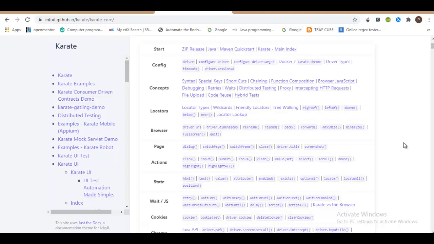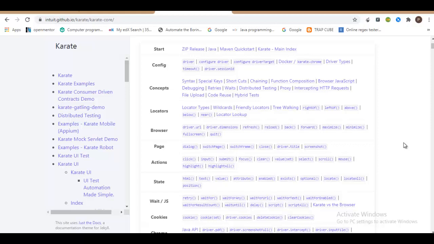So we construct the locator. If you want to identify an element using its ID value, you just grab the ID value, and if you want to interact with the name, you grab the name value, and if you want to make it more precise, you end up writing an XPath using an attribute or a text base for that matter. That is how you can identify an element very accurately. So, having XPath and CSS supported by Karate, Karate has a couple more interesting things for us, which are wildcard locators and friendly locators.